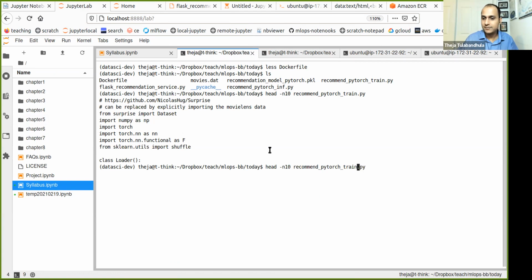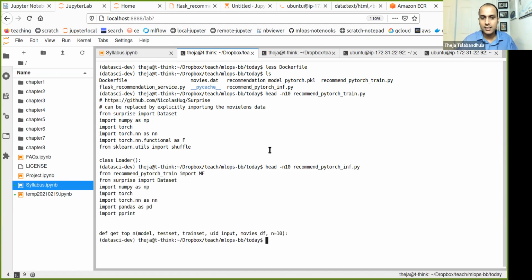Similarly, the other inference file doesn't require anything else other than what we've already done. So NumPy, torch, pandas. Pandas, I believe we are installing anyway in the Docker file, and also pprint. I don't know if we need to install pprint, but yeah. So those are the issues that I didn't see earlier, and because of which our image was failing when I was trying to run it as a container.